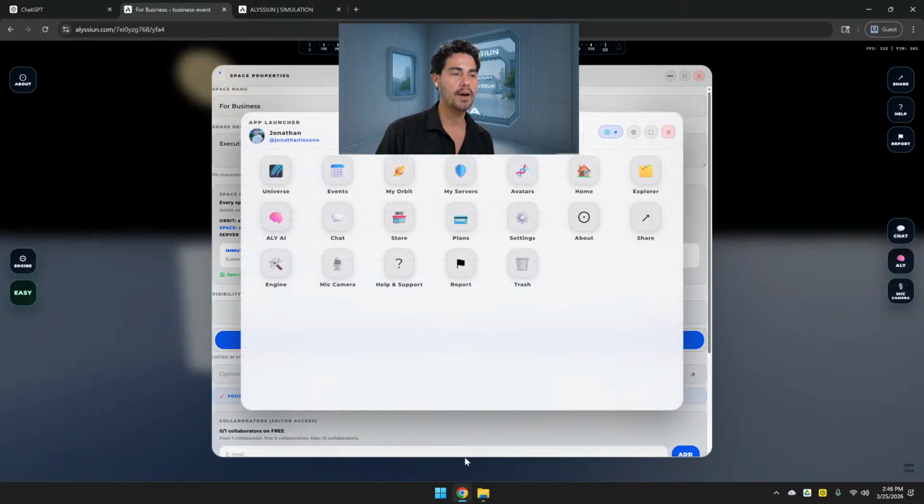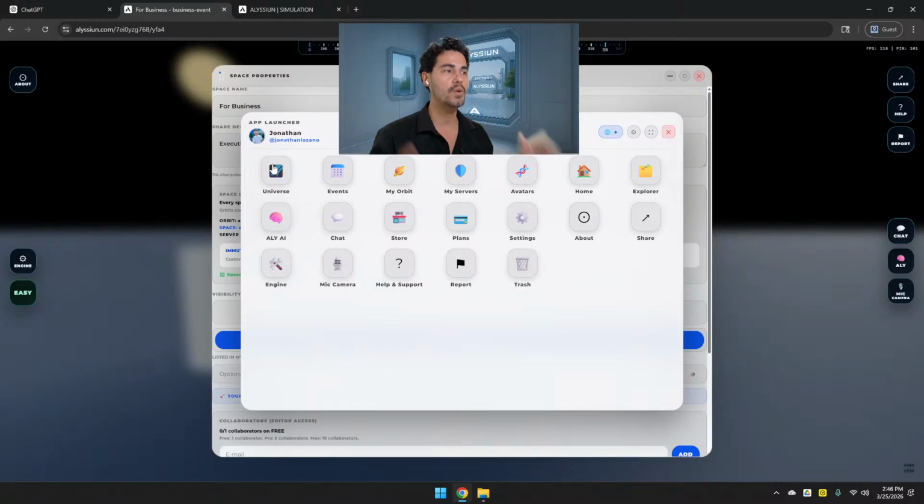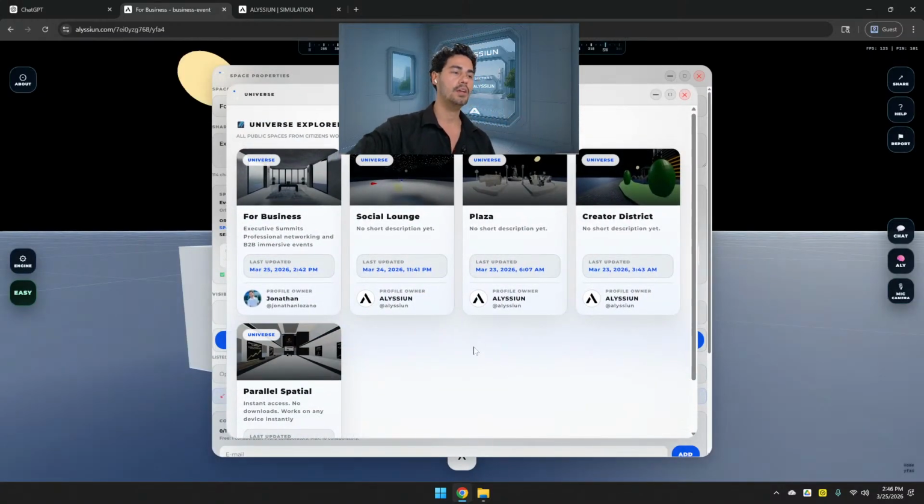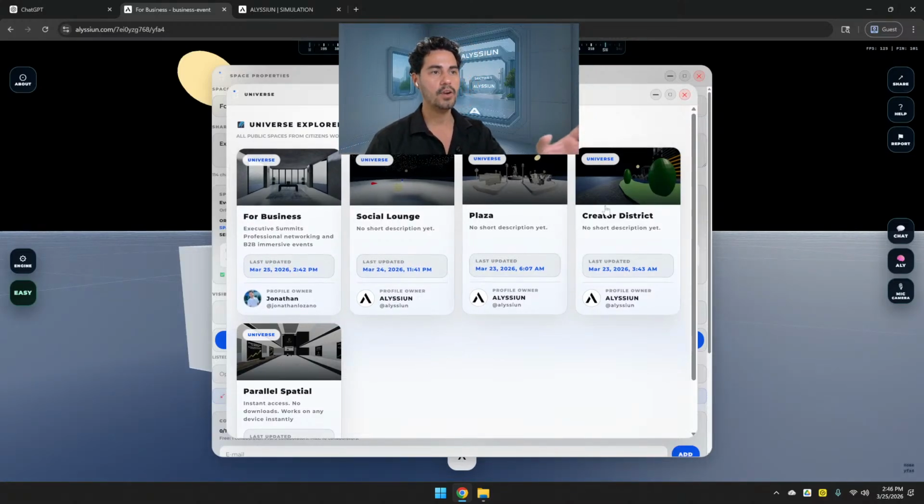You're going to automatically put the space, your creation, your video game, the simulation, your events, your meeting rooms, whatever it is you want others to use. You put it in here and it's going to be in the list. Now we have a couple of spaces just because it's the first. I'm working more in the backend. You guys can start building anything you want. You put it here, but in reality, this is going to be thousands, hundreds of different spaces, right? 100,000. That's what we want.